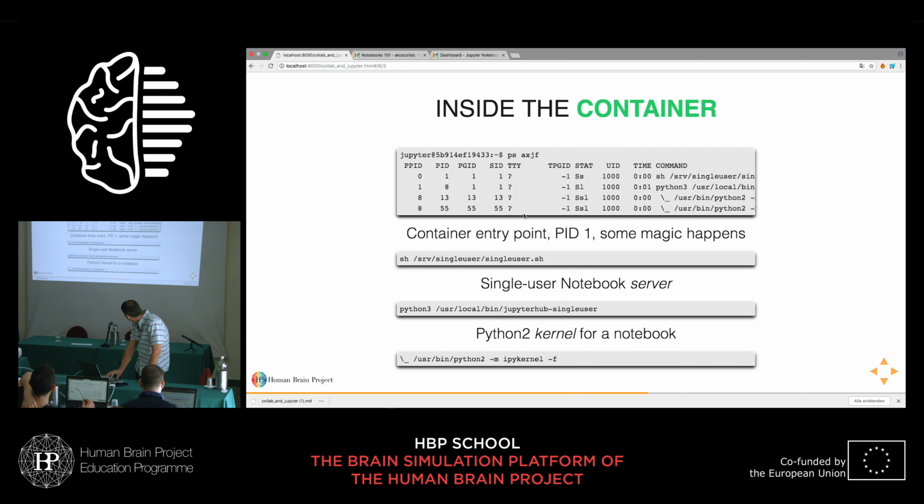And I can scroll this window, which I normally should. But the entry point of the container is PID1. It's basically a shell script that is a wrapper around starting the notebook server. It injects your credentials. It installs some extensions by default. And then the next process on the list is the